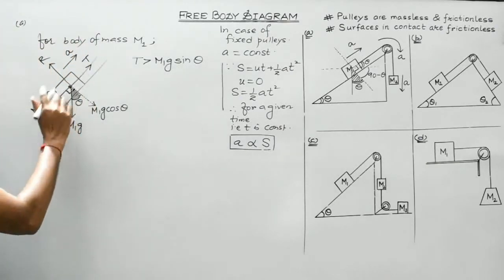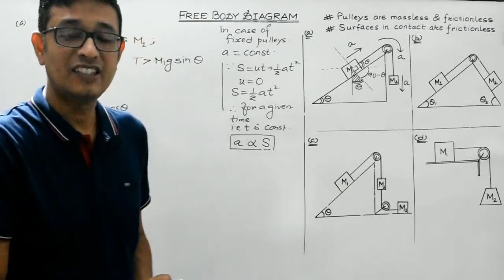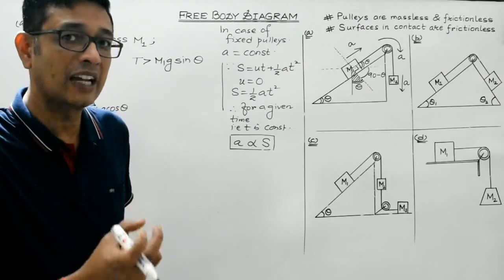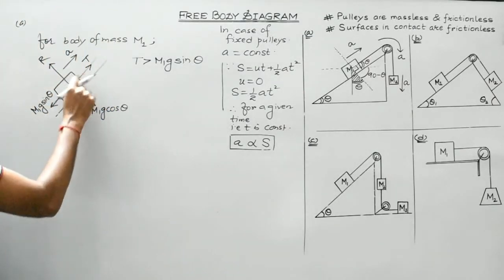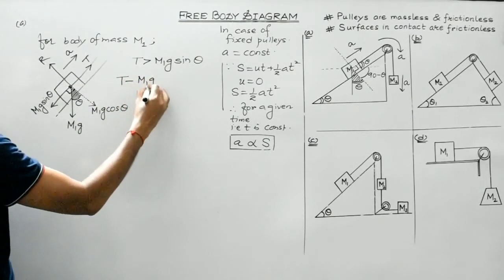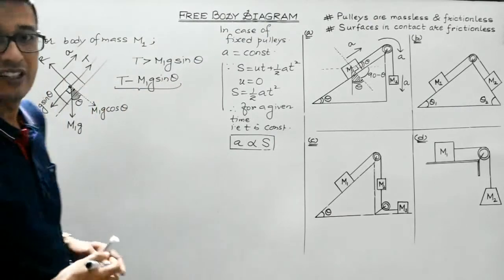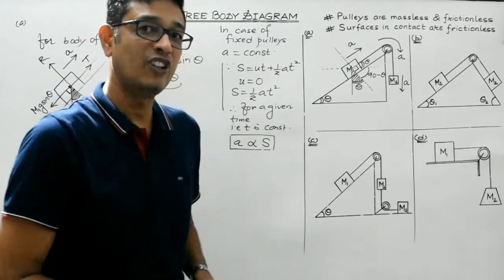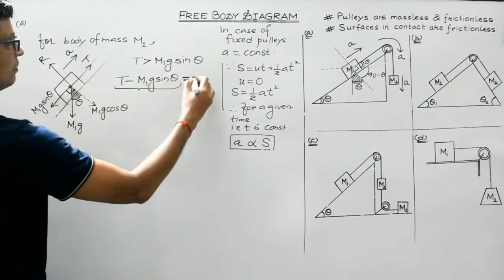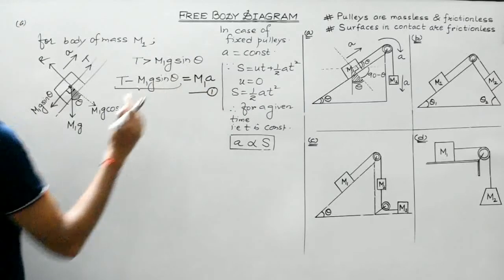Now what is the angle between these two? It is 180 degrees, opposite directed. So whenever the two vectors are opposite directed, then the resultant force is given, in magnitude, by the difference in the magnitude of the two vectors. So students, net force will be T minus m1g sin theta. This is the net external force acting on this body, right? And as per Newton's second law, net external force is mass into acceleration. So it will be equal to mass, m1, into acceleration, a. So this is equation number 1.